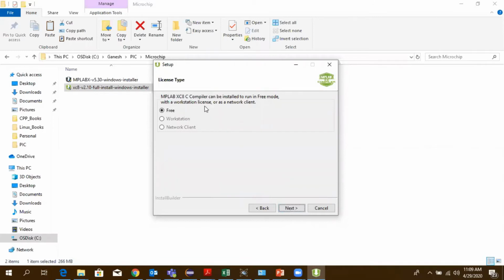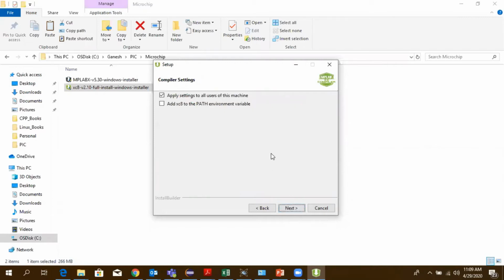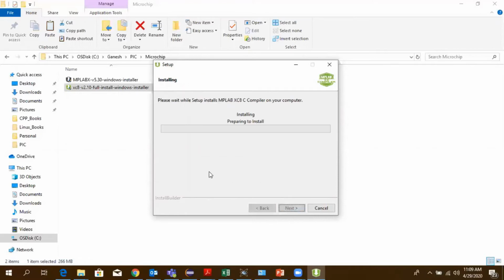We wanted to run it in the free mode. This is the path where the compiler gets installed. The installation will take some time.